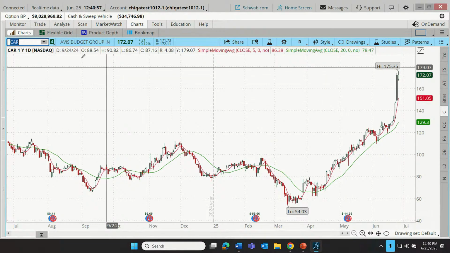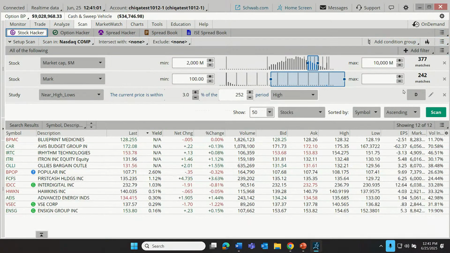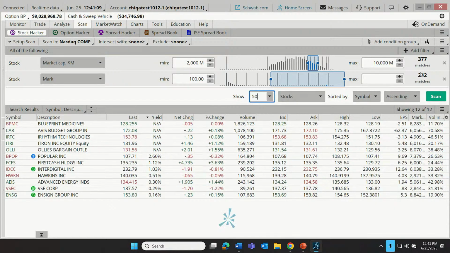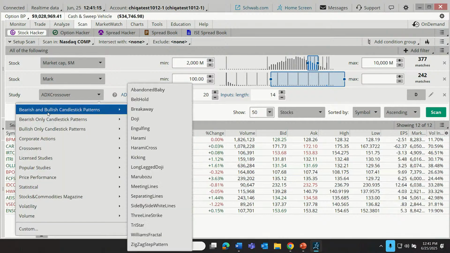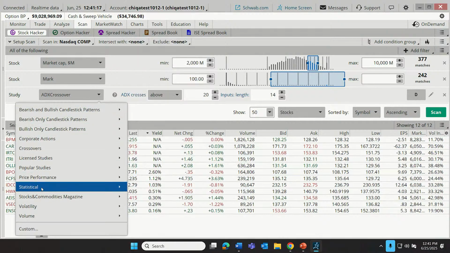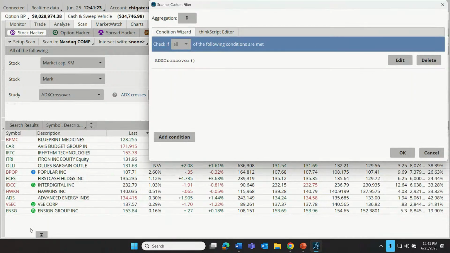Now, these are all just examples. Guys, I'm going to be setting you loose here in just a moment. But one final thing that I wanted to talk about, since really the theme here is building custom scans. Have any of you experimented with a custom study filter? This is pretty nifty. So we have all these default study filters, or maybe the trader has in mind their own preferred technical study. Well, if we choose custom, we can use what's called the condition wizard.